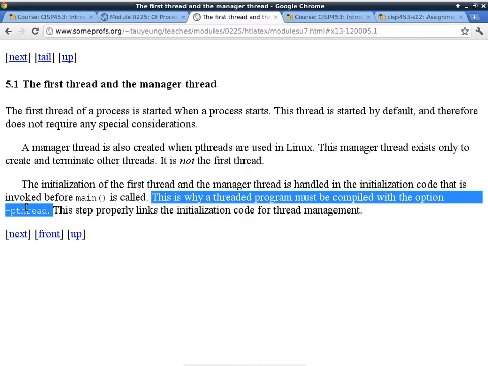Yep. So, does that mean anytime you want to use fork, then you have to compile with the -pthread? No, fork is process. When you use fork, you're creating a new process. Oh, thread is not a process, so that's why you only do this when you're using pthread, but not when you use fork. The fork is really easy. It's a system service number. I cannot remember which one,